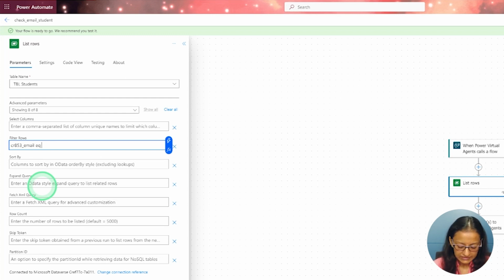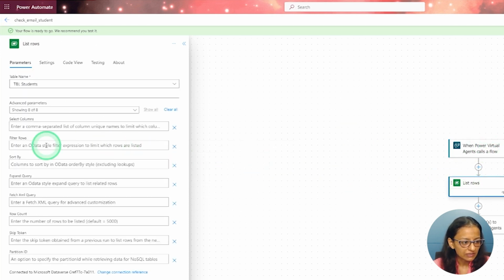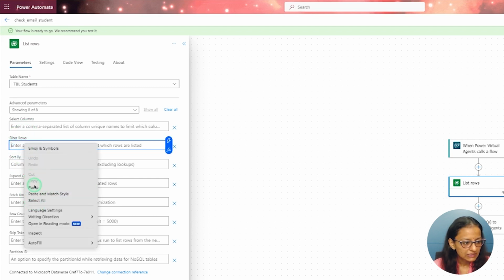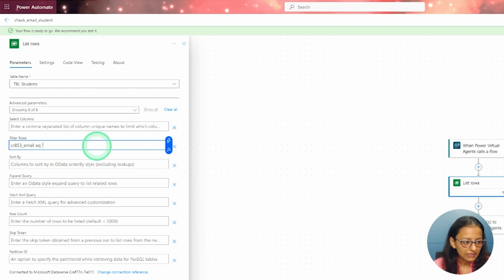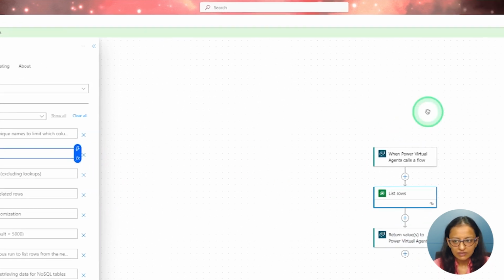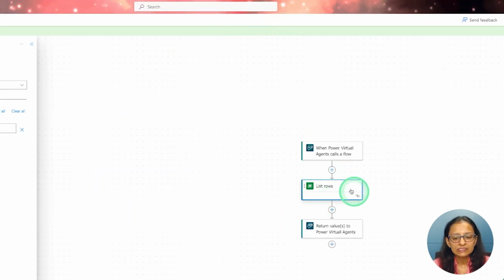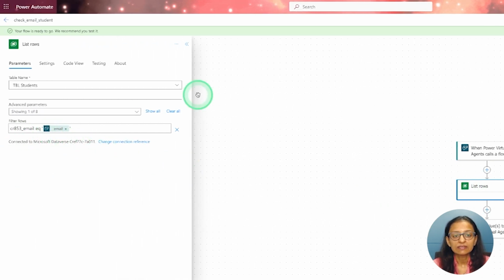and then write equal to, and then in single quotation I need to select the name of the variable in which Power Automate will receive its input. So we have taken the input name as email. So here automatically whatever input you have given, it will come here. Okay, so let me just do it again. Paste the email ID, then EQ sign, and in single quotation this email, that variable name I should write. So whatever we have done till now, let's save it. So it's saved.